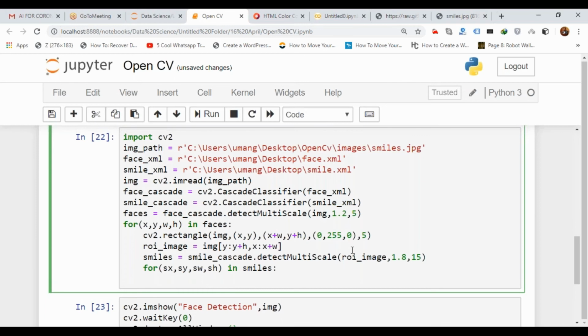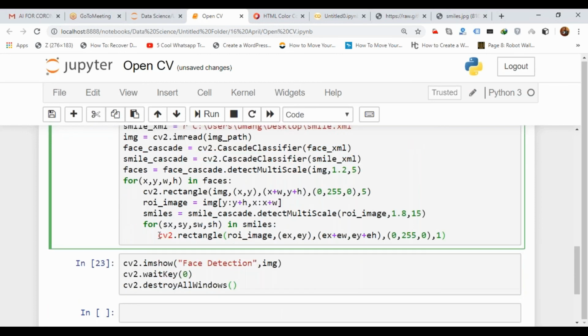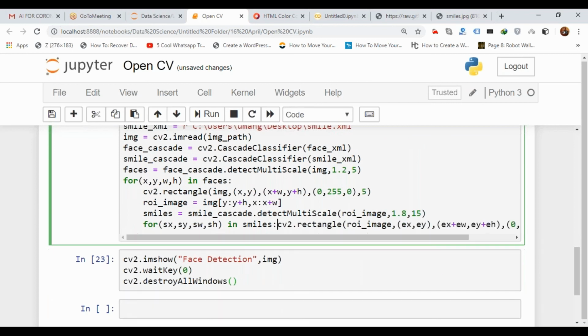Now similarly we will draw the rectangle. So here I will pass roi_image, then sx, sy, sx plus sw, sy plus sh, and the rest, I will give the width as 1. That's it. I think the spacing is too much. Let me see.